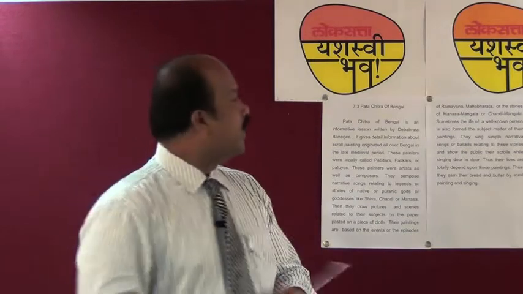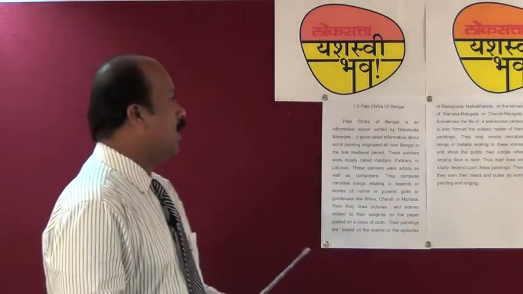So they have formed a different class of their own. That class is known as Patuyas or Patidars. In West Bengal, till today, this class exists and their total living is based on this Patachitra. And so it is known as Patachitra of Bengal. Thus, these Patidars and Patikars earn their bread and butter on this Patachitra. Okay, this is the central idea of this lesson.